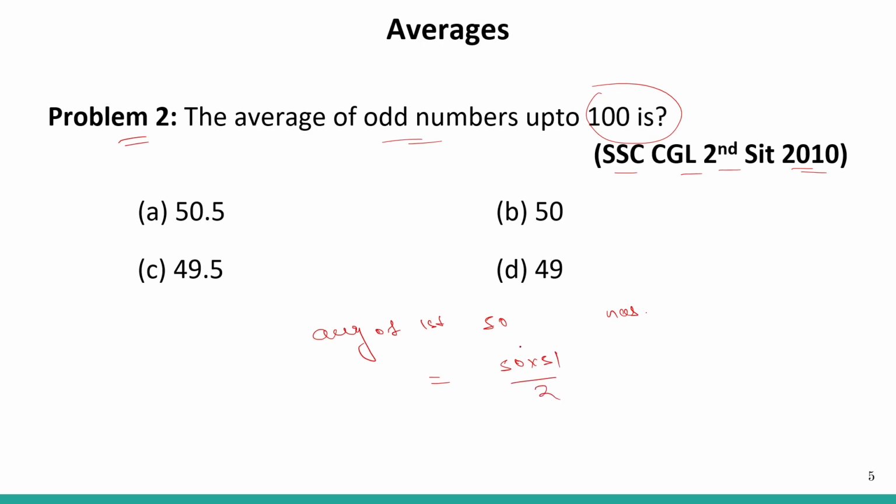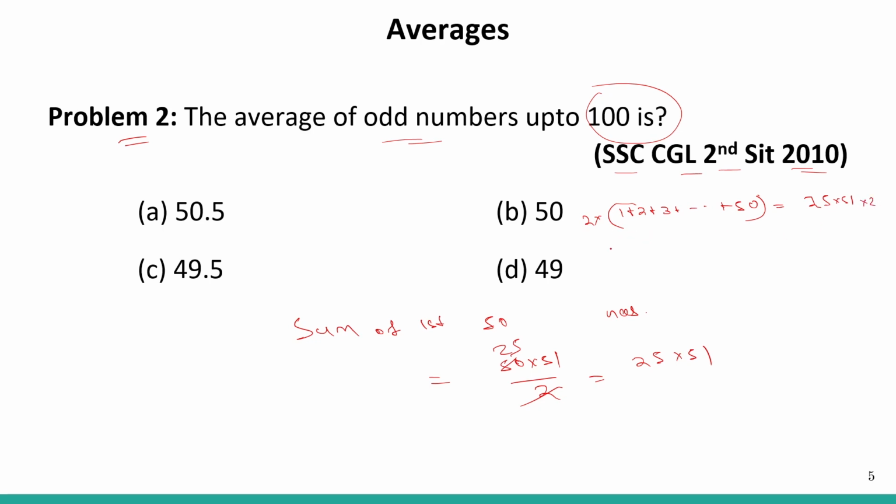Note, this is not the average, this is the sum of the first 50 numbers, which is 25 into 51. So we have this sum: 1 plus 2 plus 3 plus dot dot dot plus 50 is equal to 25 into 51. If we multiply each number by 2 and the right-hand side by 2 as well,